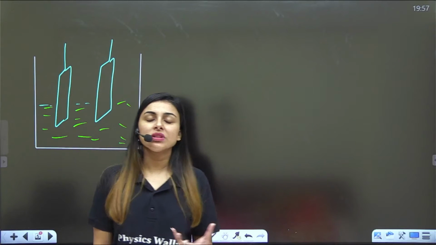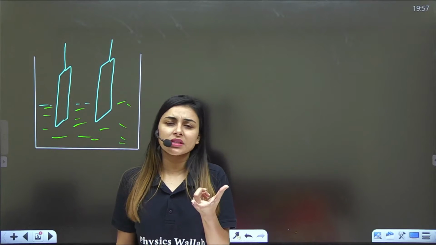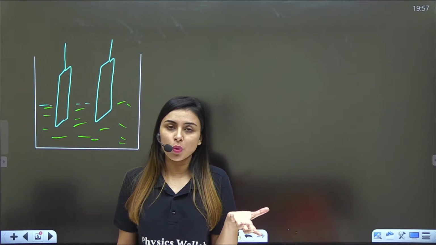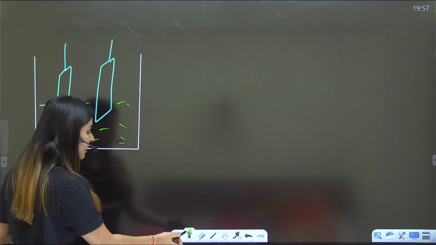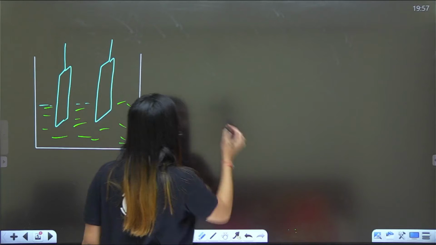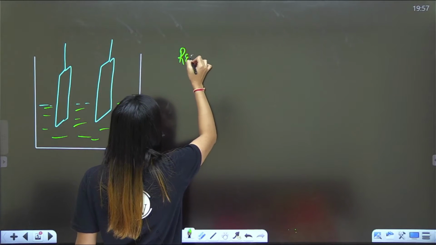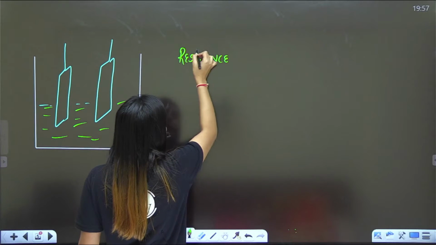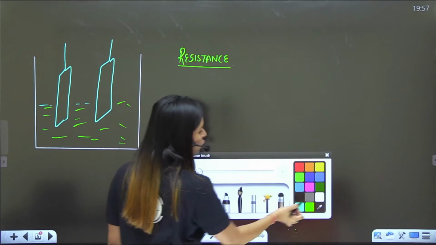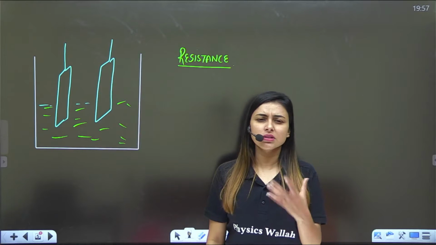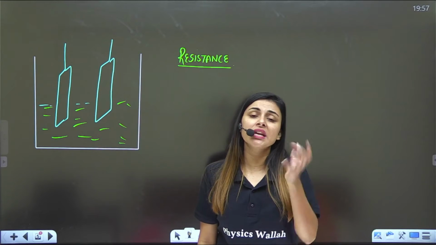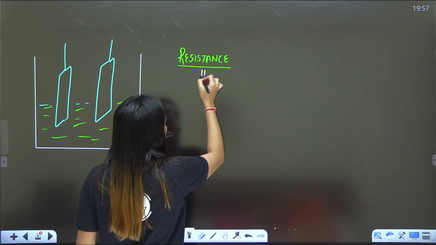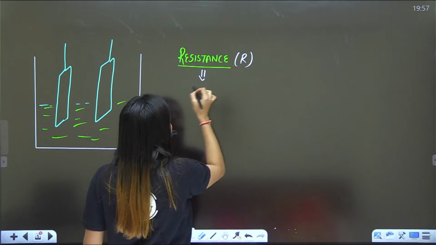Now, my dear students, we will be discussing a few terms which you might have studied in physics as well. So you will not face any problem in understanding those concepts. If I talk about the resistance here, the first word that we will be talking about is resistance. What is resistance? I hope everyone knows the basic definition of resistance. You have studied this in physics. Resistance is the hindrance caused to the flow of charge, right? Yes. So we will say that resistance is denoted by R, and it is the